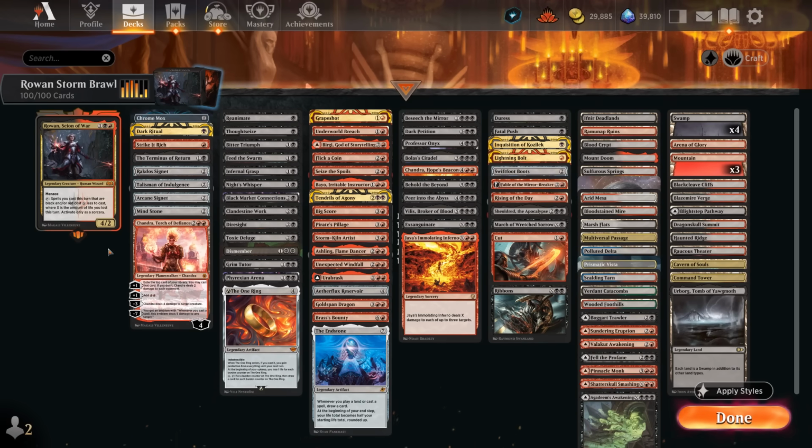Today we are revisiting the red-black Rowan Storm archetype, which is a deck I've covered in the past, but we've gotten a lot of upgrades in these last few years, mainly in the mana base with the addition of the fetch lands and the modal dual-face lands that allow us to pay 3 life, and those are huge additions to